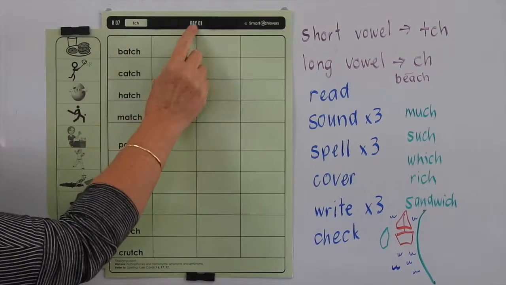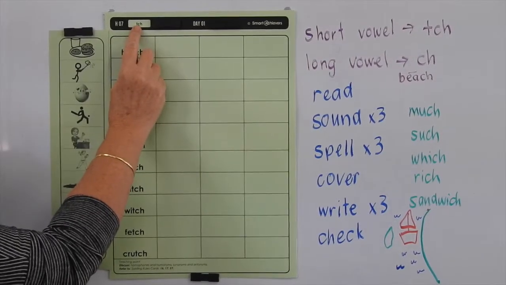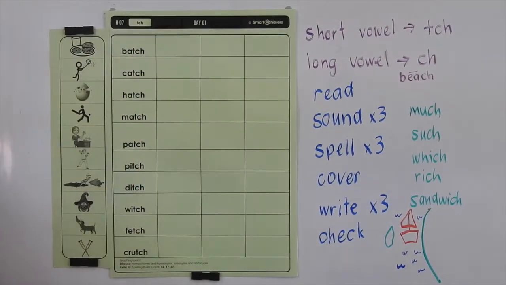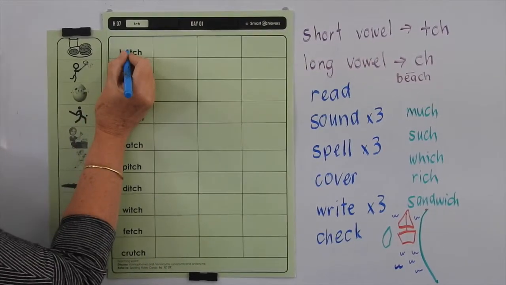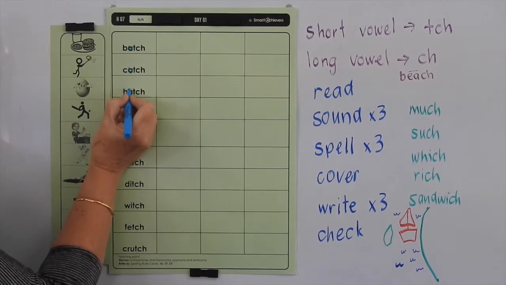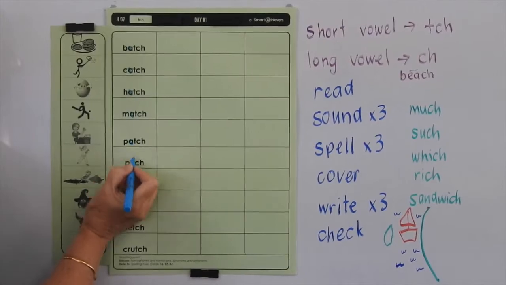In H7 day 1, we're introducing the TCH after a short vowel sound. So let's highlight that short vowel in all these words. We've got at, it,